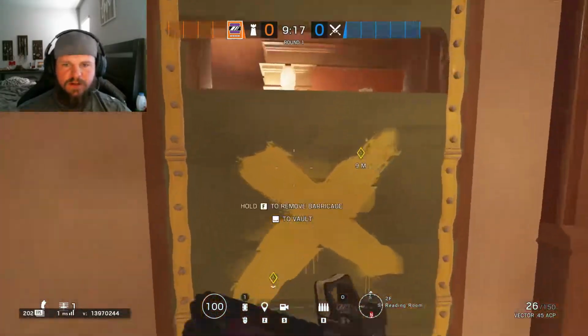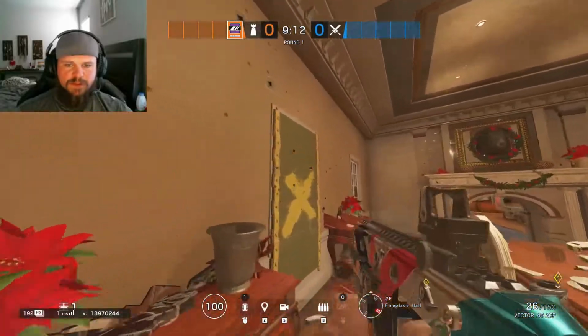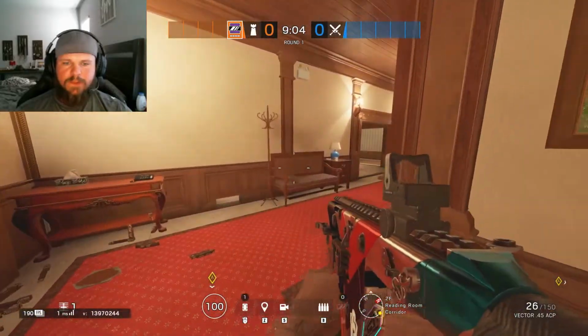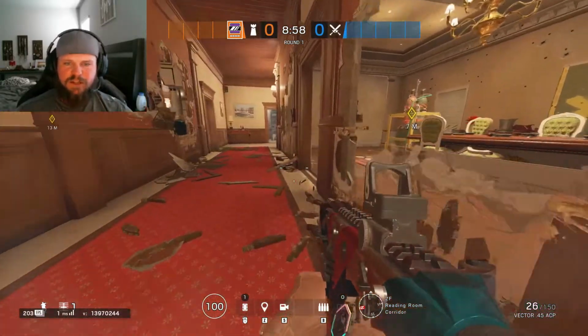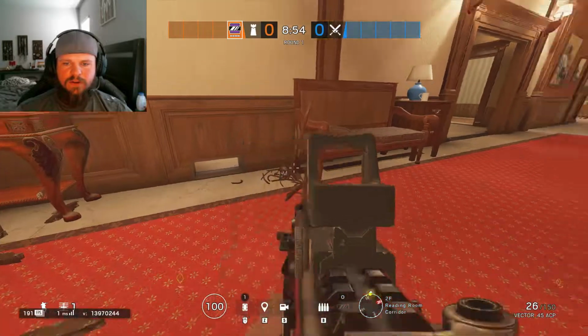Let's talk about some of the other team comp here. So to stop somebody from like rappelling on this window, hitting you with a Zofia or an Ash charge, you're going to need Jäger. I prefer Jäger in this spot. The reason is because it kind of seems like there's not very many good spots to put it, but they're not bad. If you put a Jäger right here on the ground,